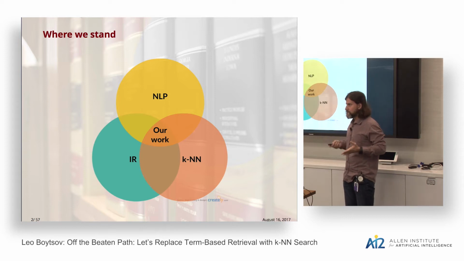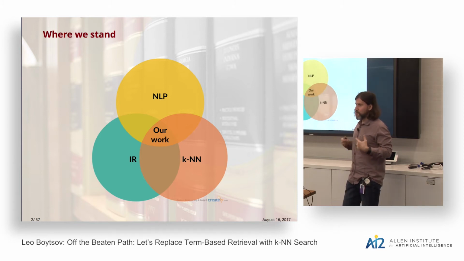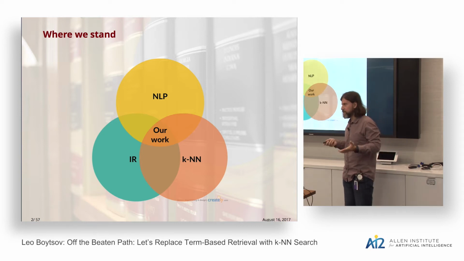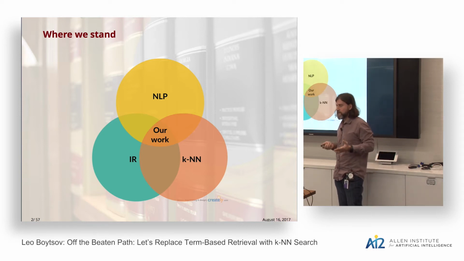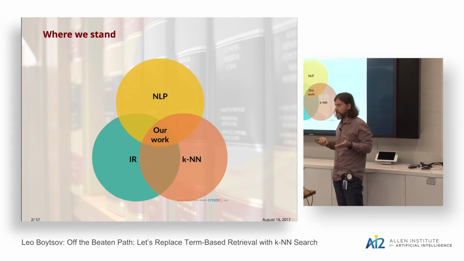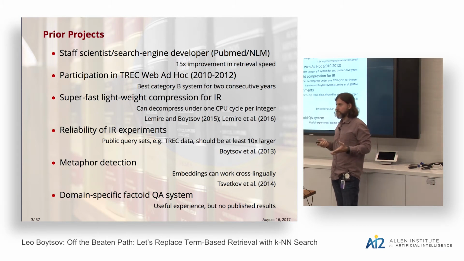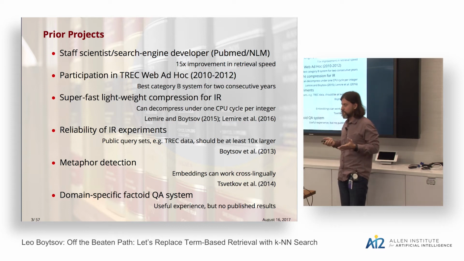My work consists in applying generic nearest neighbor search algorithms to ad hoc text retrieval. This is, in my opinion, an interesting and challenging task, which is at the intersection of natural language processing, information retrieval, and algorithmics. But before I dive into details of my dissertation research, I would like to briefly overview some of my other projects that I worked on recently.